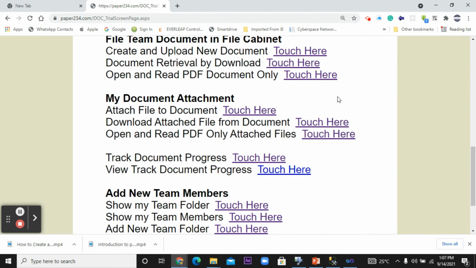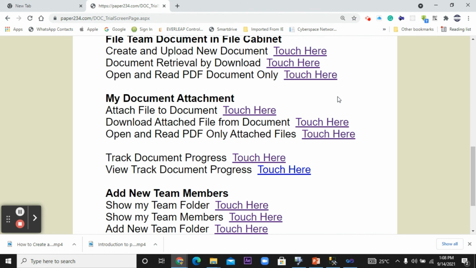That's why we said that paper 234 is a simplicity. Our objective was to design a software that is very simple to use. You can just click and use, or use your mobile phone and touch it, and then you're getting all the information you need. You don't really need to download information before you can read them. Assuming there are 100 pages, there are some documents that are 50 pages, 100 pages, 1,000 pages. When you download, you are now taking data space to do that, and that will increase the connectivity cost that we're talking about, okay? Because you're using data to do all that download.